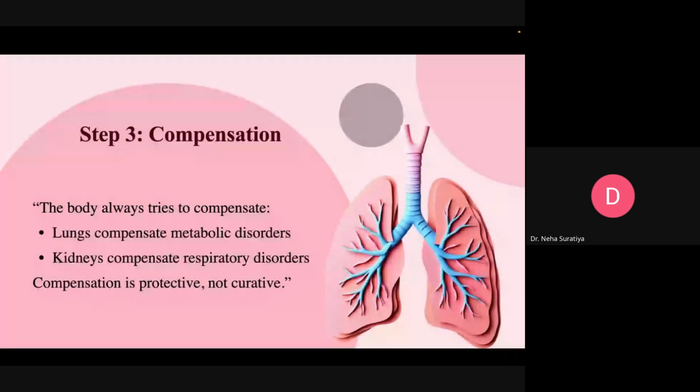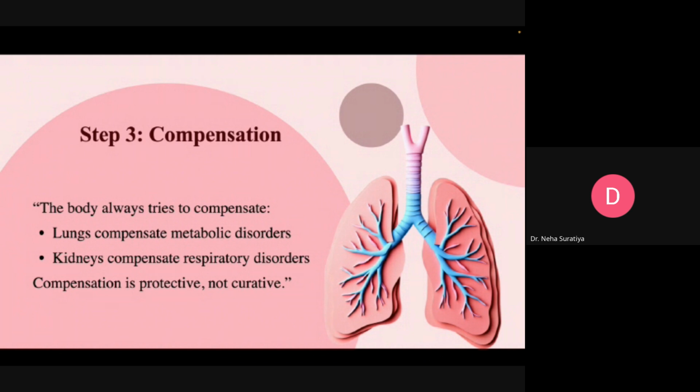It only tries to bring the pH closer to the normal range. Not perfectly normal, but it is trying to match the closer value. So how are lungs compensating for a metabolic disorder? Suppose the patient has metabolic acidosis, like diabetic ketoacidosis, a very big complication of diabetes, right? So understand, if the patient has metabolic acidosis, just for an example, diabetic ketoacidosis, what will happen in this